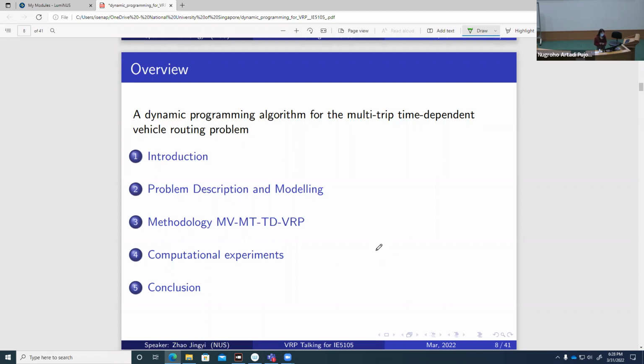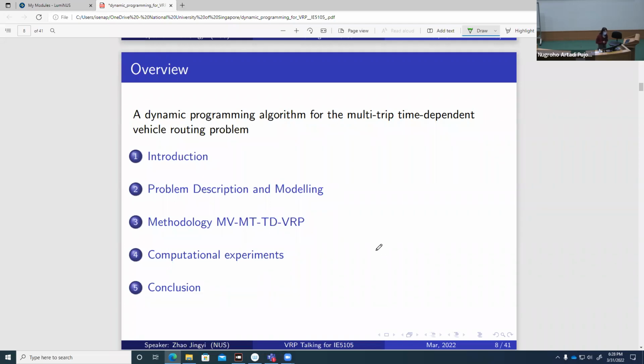In this problem, we consider a multi-trip and multi-vehicle time-dependent vehicle routing problem, and we solve it by a dynamic programming algorithm. First, I will introduce it and give the mathematical modeling for this new problem,